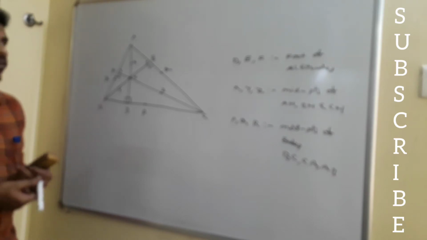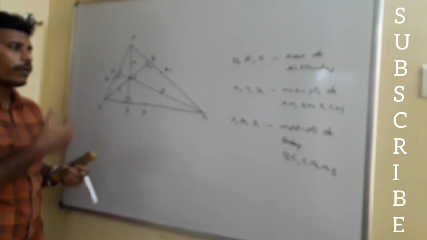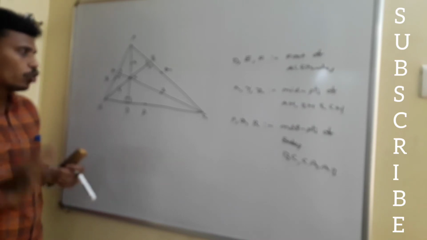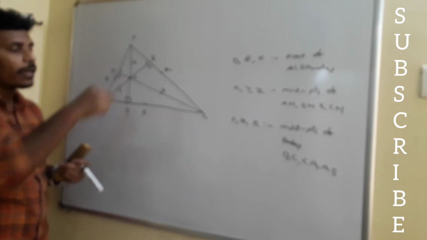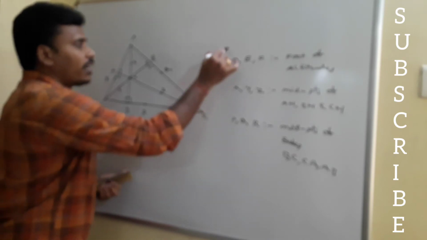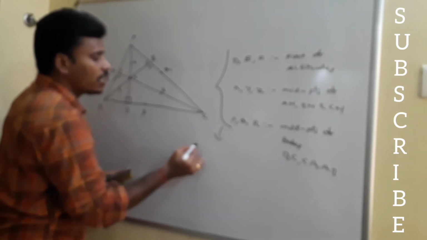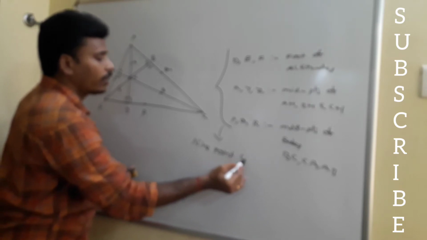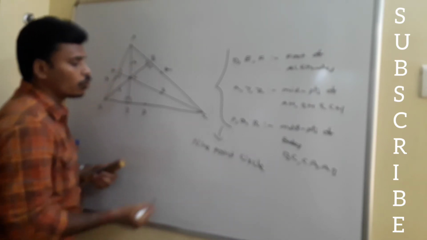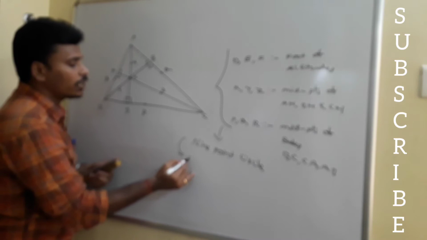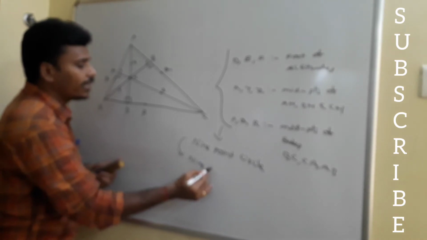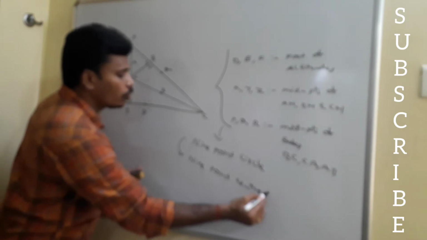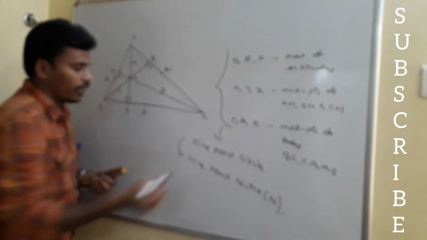of the sides, right? Now, from different properties of circles in plane geometry, we can conclude that there exists a circle passing through these 9 points, and that circle is known as the 9-point circle, right? Its center is known as the 9-point center, usually denoted by the letter N.